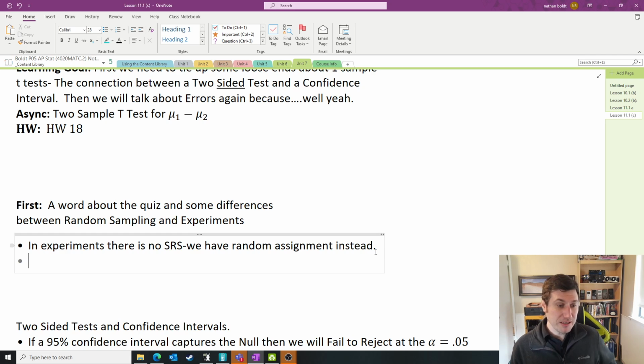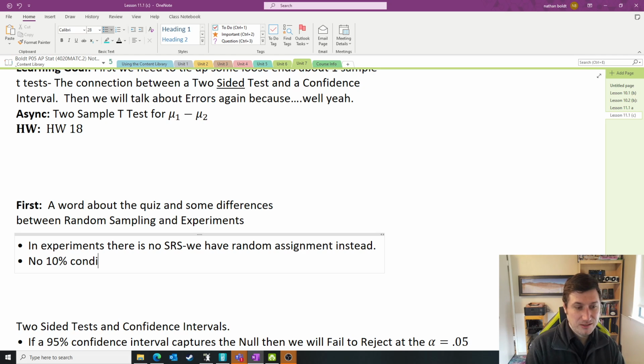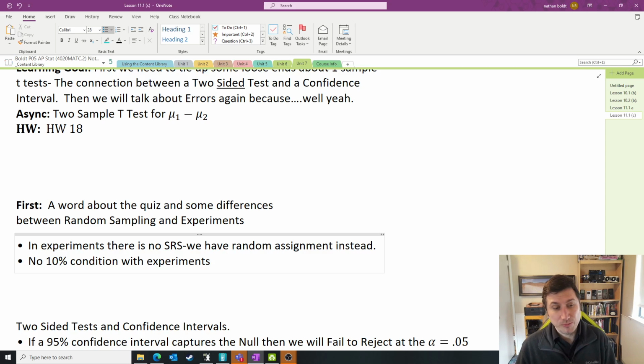Then the other thing: because it's an experiment, there is no 10% condition with experiments. Because we're not sampling anything, we don't have to worry about sampling with or without replacement, so we do not need the 10% condition. I didn't take off any points if you had the 10% condition there, but there is no 10% condition for experiments. That was a common thing. And last but not least,